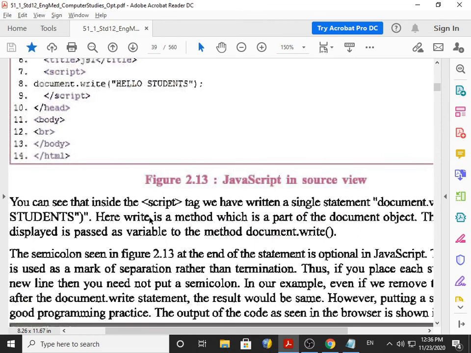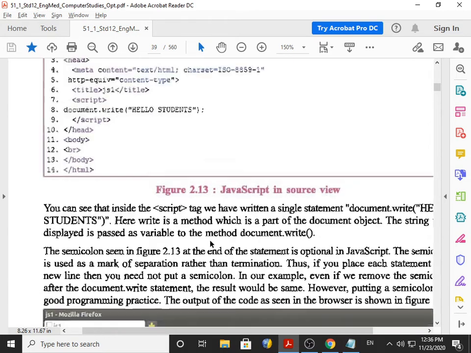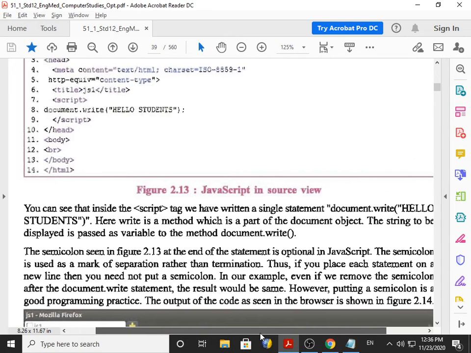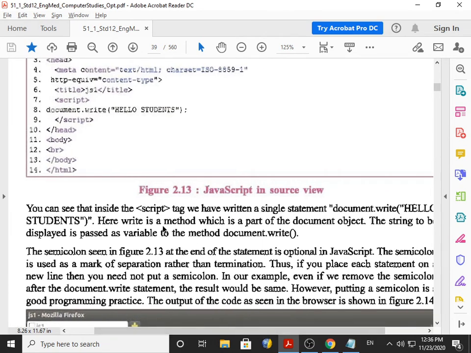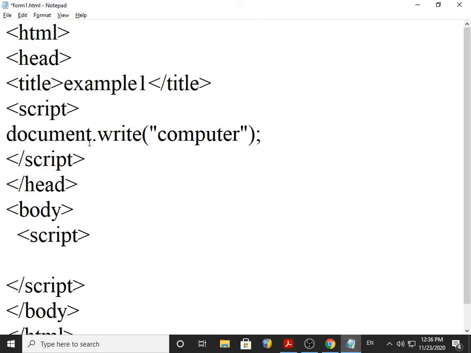Now, you can see inside the script tag, we have written a single statement, document.write, hello students. Here write is a method which is a part of the document object. Write is considered a method, and document is considered an object. The word before the dot is known as the object, and after the dot is considered either a method or a property.